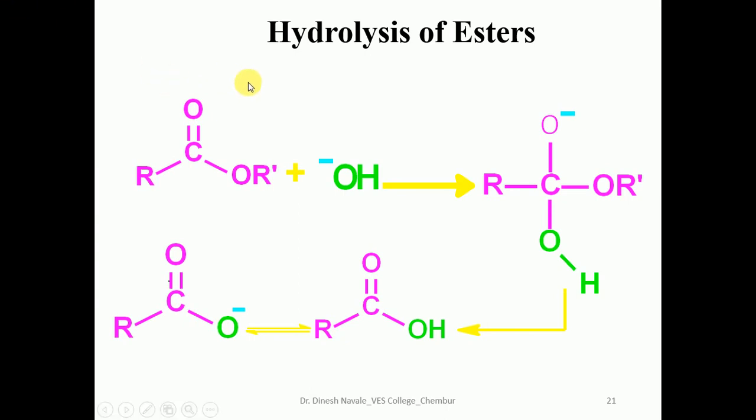So in ester hydrolysis under basic condition, OH minus as the nucleophile will attack the carbonyl carbon of the ester molecule, giving the formation of the intermediate, and then the product as the carboxylic acid. We observe that the starting material, the ester, has an sp2 hybridized carbon with trigonal geometry. The product, a carboxylate ion, is also sp2 hybridized with trigonal geometry. But our intermediate is tetrahedral in nature.